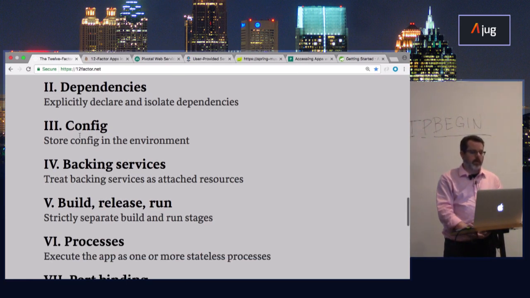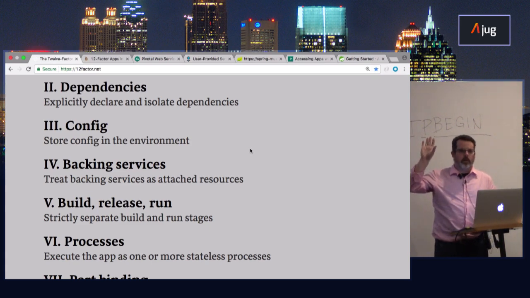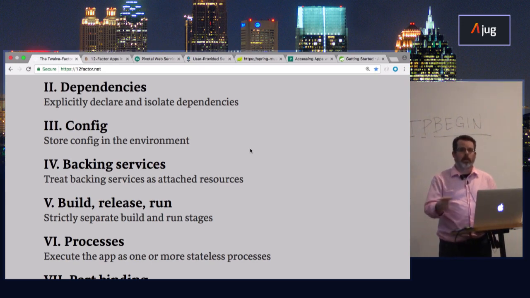Number 3 is near and dear to my heart, and we're actually going to come back to this. Store the config in the environment. If you have a database connection, username, password, anybody have problems getting production usernames, passwords, URLs, any of that stuff? So that's what this is talking about: any of that stuff that you have to connect to, you shouldn't have to worry about. You should have other people that say, I'm going to give you a database connection, you just use the database connection in the environment, and then we're going to store it in the configuration. I actually have some other stuff to talk about in the repo later.